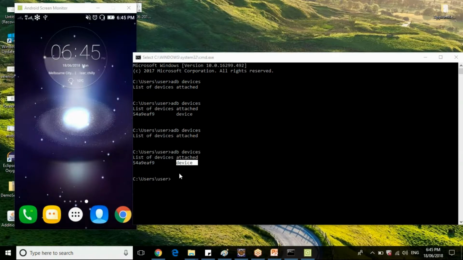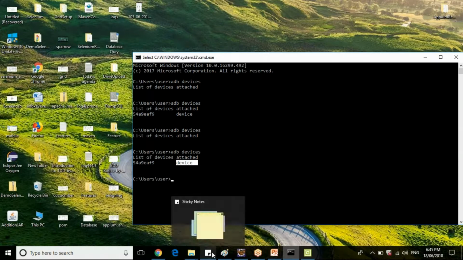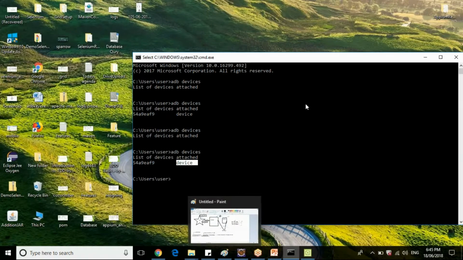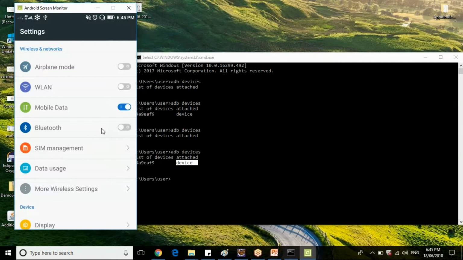Okay. Now, once your device is connected fine, we have seen some Android commands, like how to operate this particular mobile device using Android Debug Bridge commands. Let me wake the screen first.